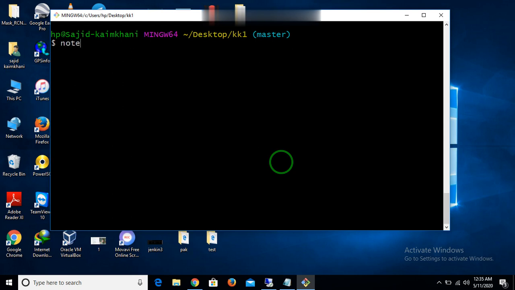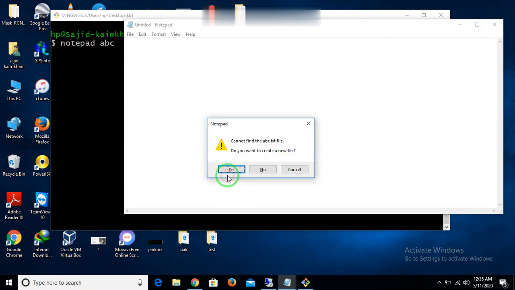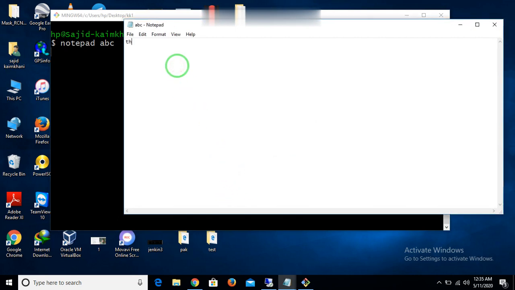So I will create the file in notepad, named ABC. My file has been created. So this is my pen, this is my table, this is my book, let's suppose.